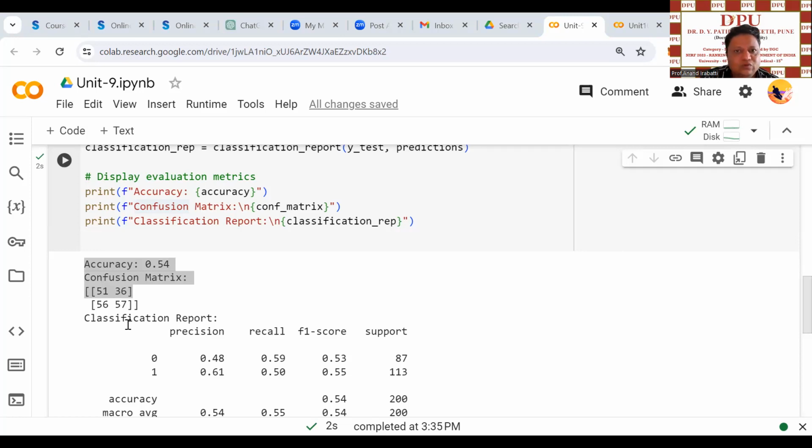Now let's go on to see the values of the classification report, that is precision, recall, F1 score, and support. All these other metrics are combined in the classification report, where you can see the precision, the recall, the F1 score, and the support as well. So here the precision for class 0, non-churn, is 0.48. And the precision for class 1, that is churn, is